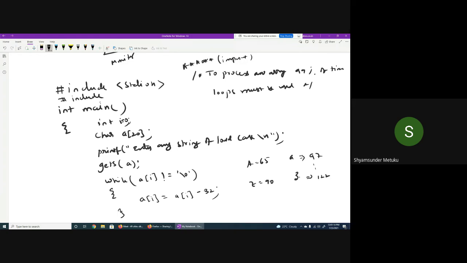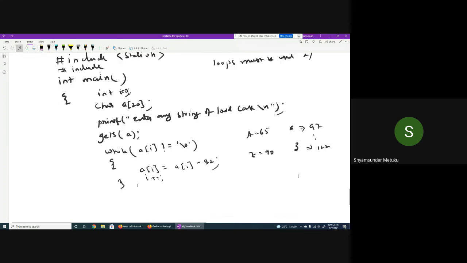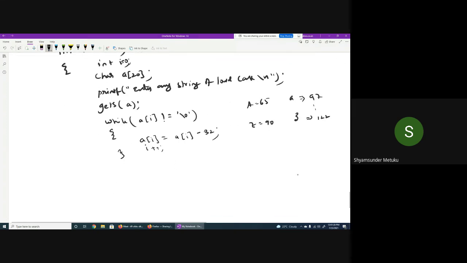I think in this only I should write i plus plus. Is it clear or not? Yes. Okay, then which function is supposed to be used for printing the output? Anything is okay, printf or puts. But I'm using puts because we are already familiar with this. Then maybe return 0.